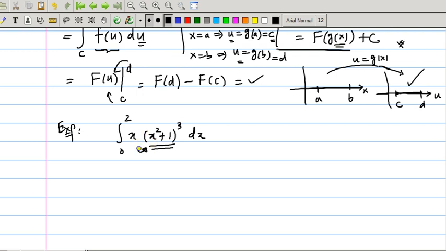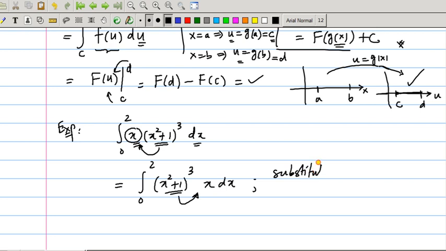But we know that this function, the inside function x square plus 1, has the derivative 2x. 2 is not a problem for us. As long as the variable part is there, we can use substitution. So let me rewrite it first. We write this big function first, and then whatever the derivative of this function is, we write it with dx. So I can write x with dx. I can do that. Now substitute